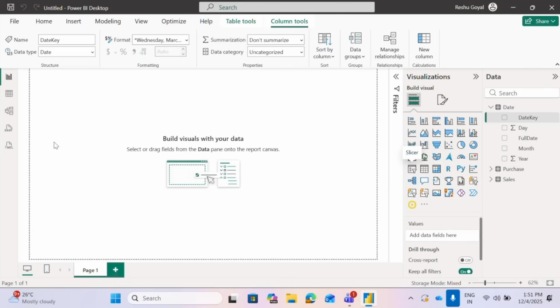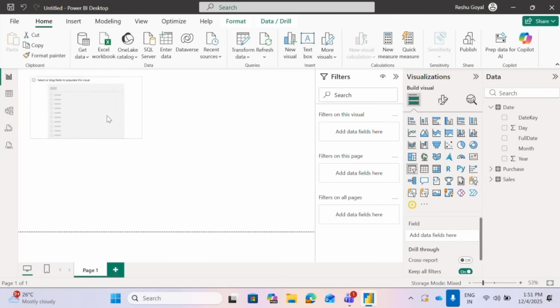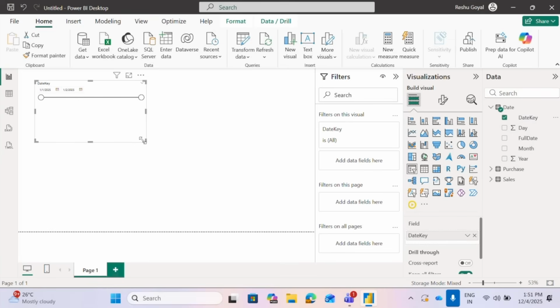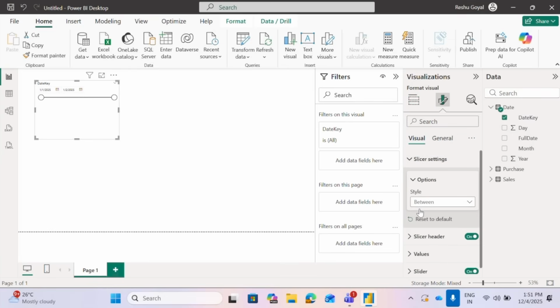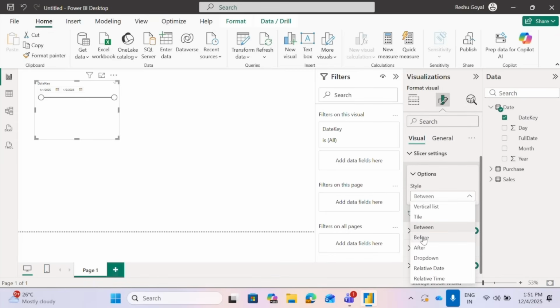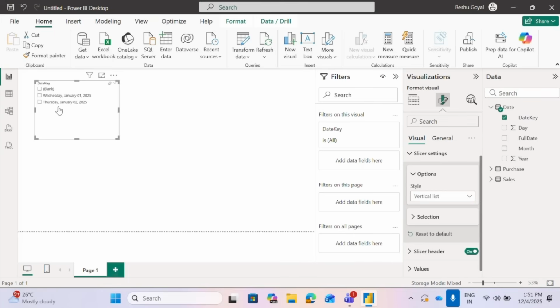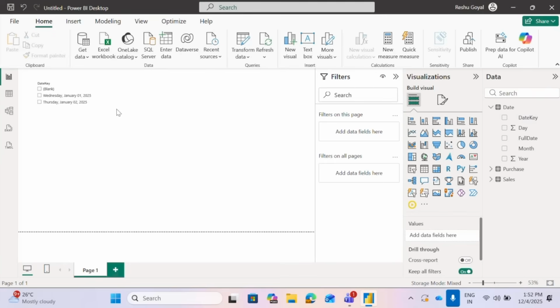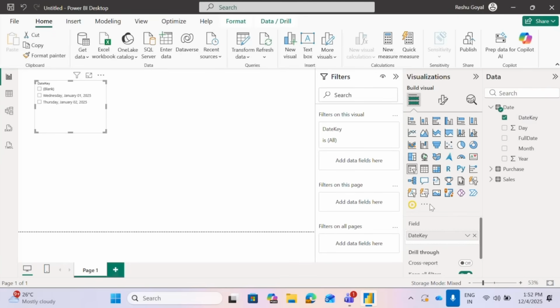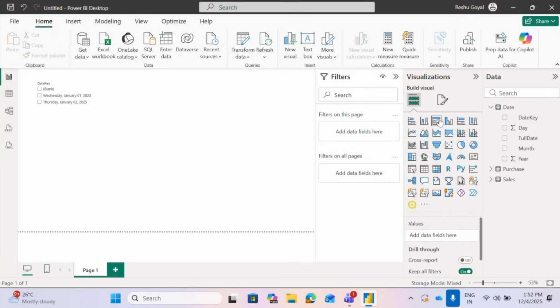Now if I create the visuals here, that is, I take a slicer visual. I'll keep the report page fairly simple. I create a slicer visual here, and I just keep the date key here in the slicer from the date field. I will just keep the slicer settings as maybe the vertical list, so that it gives me the clear values. I'll ignore this blank for the time being because I'm not really solving the transformation issues.